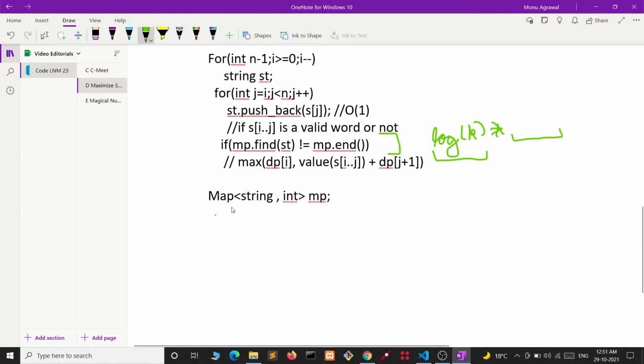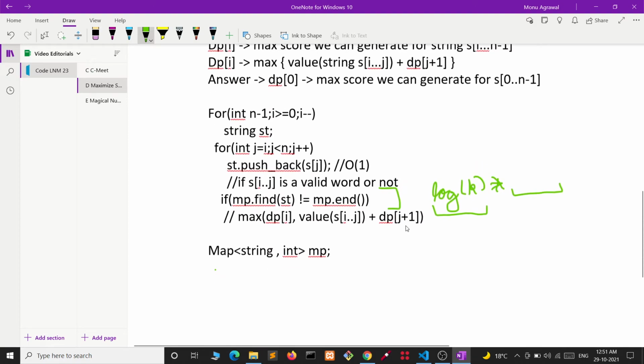Similarly for unordered map, when we calculate the hash value, it will again take complexity at least equal to the length of the word we are putting. So this all will lead to TLE. So to avoid TLE, we can think of using the trie data structure.